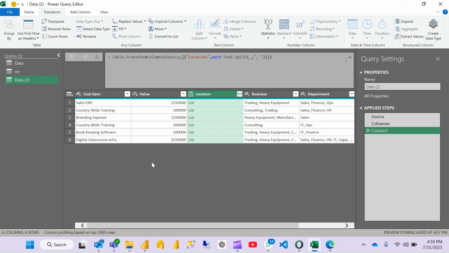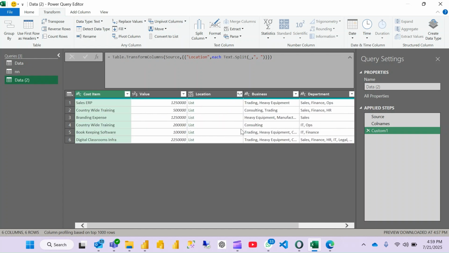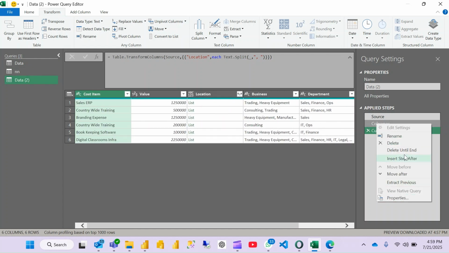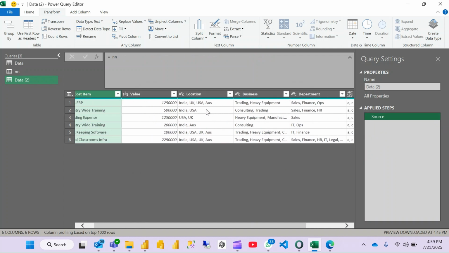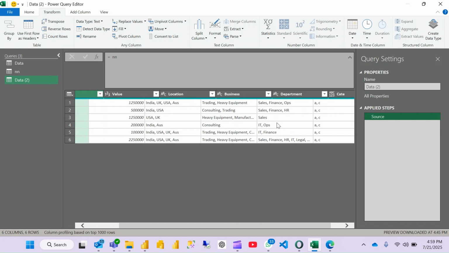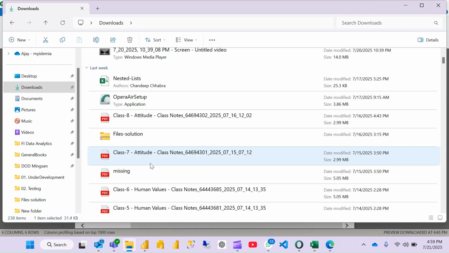We are going to expand multiple columns to rows, and here we have a simple data. First of all, delete all the things before we proceed. So this is a simple data we have. What we will do in this video is expand these columns. Just a second, give me a minute to activate